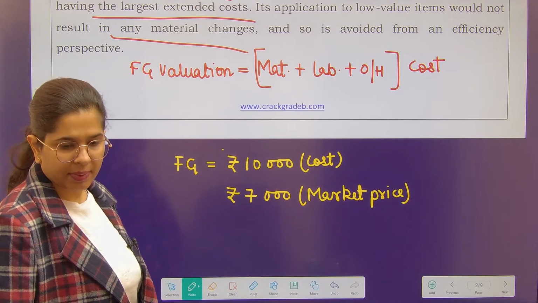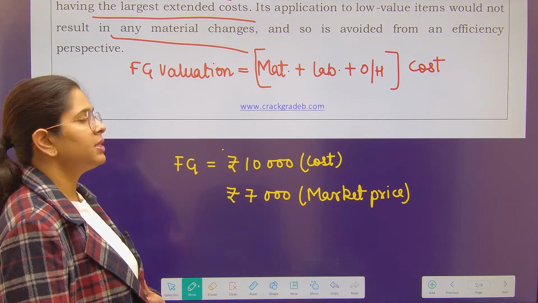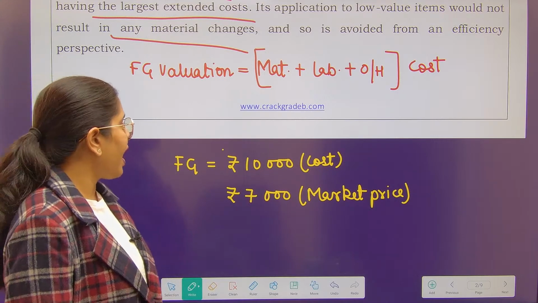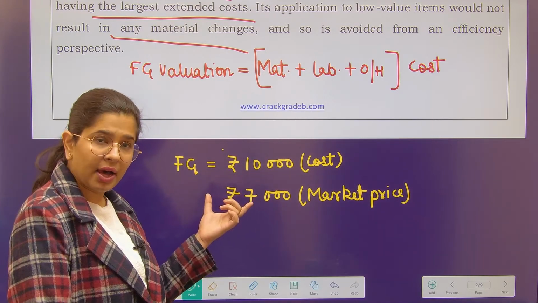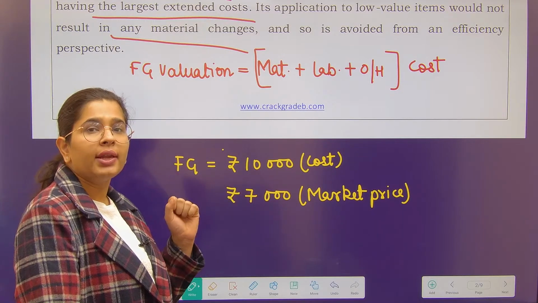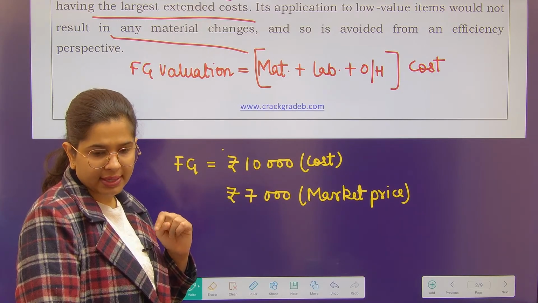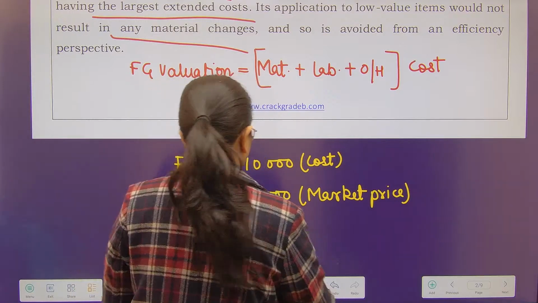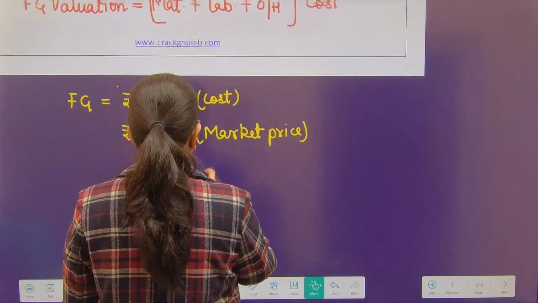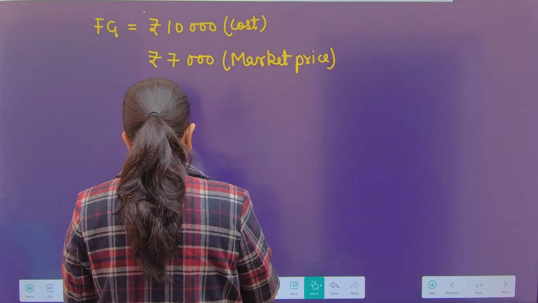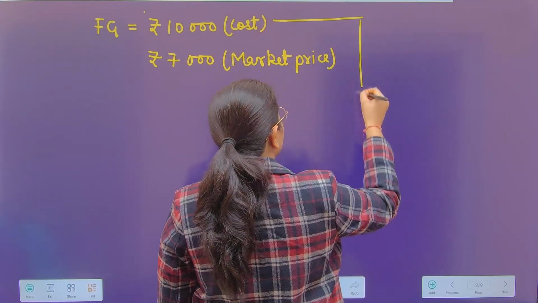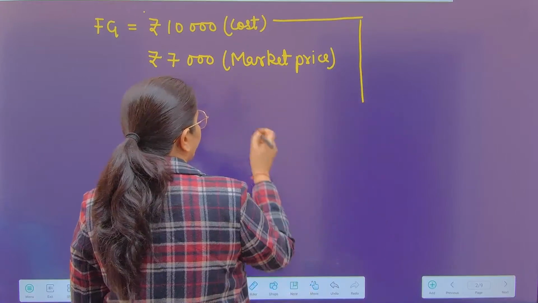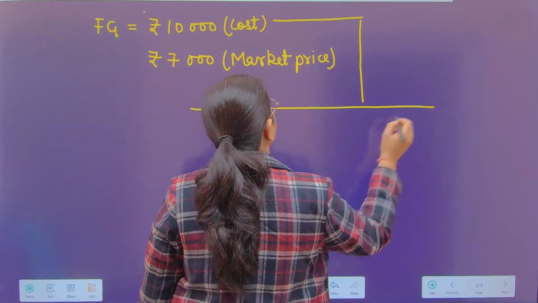So in this particular scenario, if I will be writing this particular inventory item at 10,000 in my books, I'll tell you what ill effects it is going to have. So first thing first, if I record this inventory item in my books at cost, that is 10,000, whatever I have incurred, the problem which I am going to face is